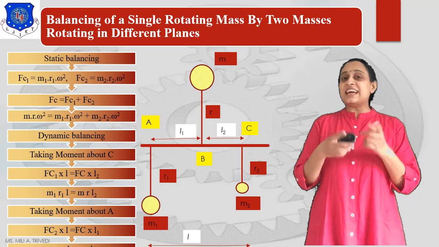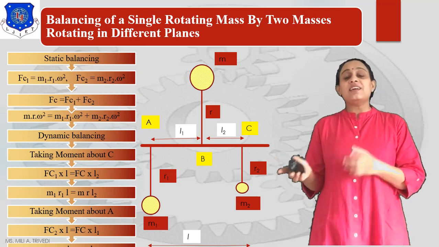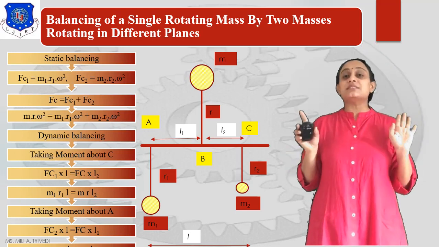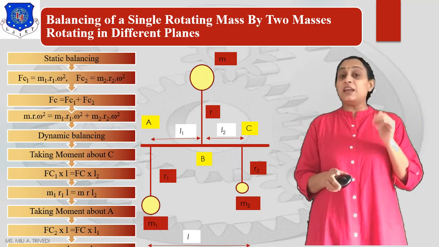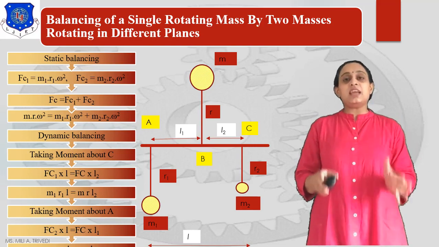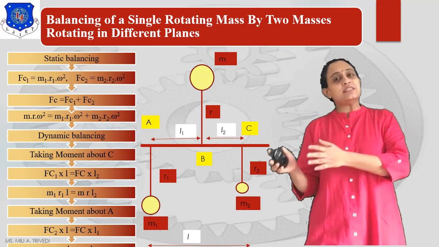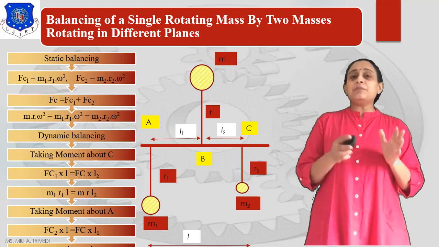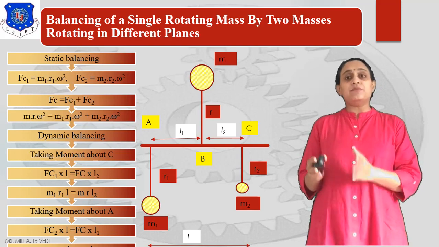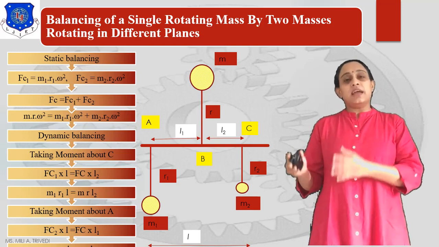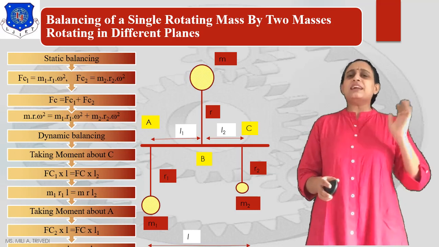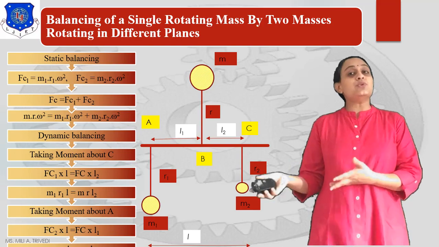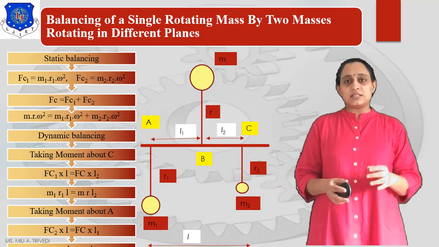Now as we see in this diagram, what will it say? It will tell us that mass m is completely balanced by both these masses in different planes. So we can say, if it is statically balanced, Fc is equal to Fc1 plus Fc2. It means we get the direct answer as m r omega square is equal to m1 r1 omega square plus m2 r2 omega square. Now if we neglect this omega square, what can we say? M into r is equal to m1 r1 plus m2 r2, as we have already discussed previously.